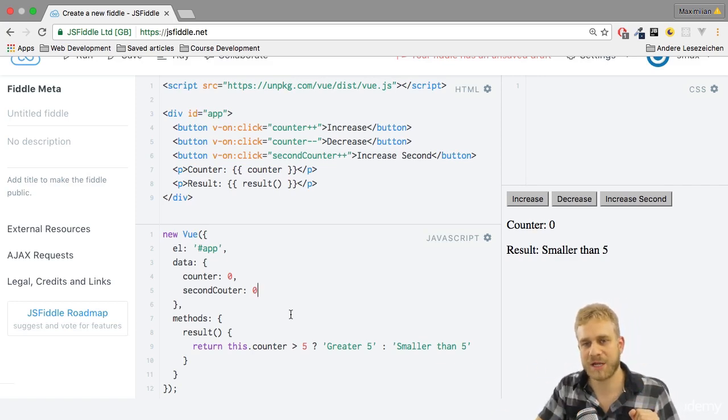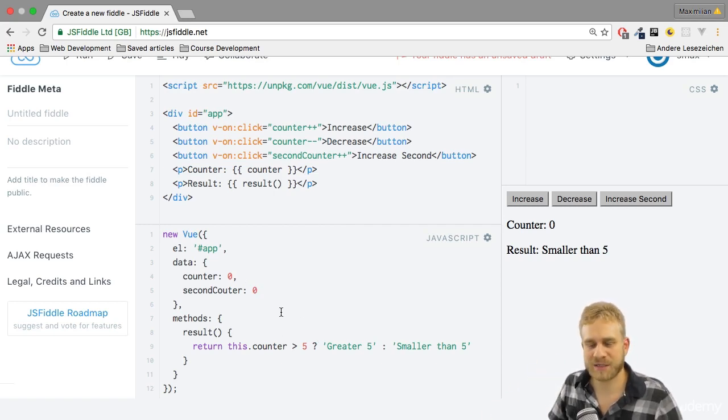Vue.js will update the page whenever it finds the need to do so, which will be whenever one of its data properties changes. We obviously, since we output them here, need to update the page. And it doesn't know if the result function we execute here does use one of the properties we changed. So it doesn't know if the change of second counter influences the result method, and therefore it re-executes this method